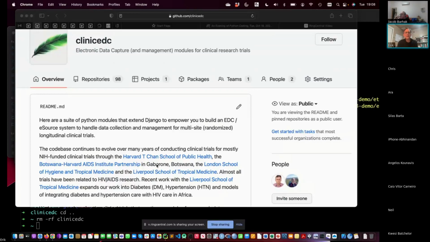Let me explain what longitudinal clinical trials are. During COVID, we've heard a lot about clinical trials being done to test the efficacy of a vaccine. What we've done over the years are clinical trials in HIV, looking for ways to improve outcomes and the way forward for people who are infected. We started by trying to look at a vaccine way back in the early 2000s, and that's when I first